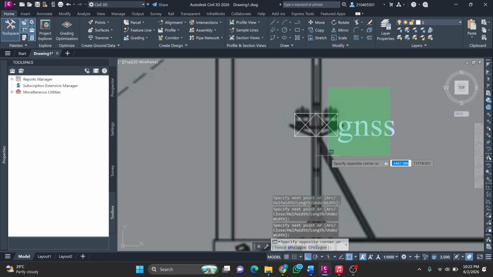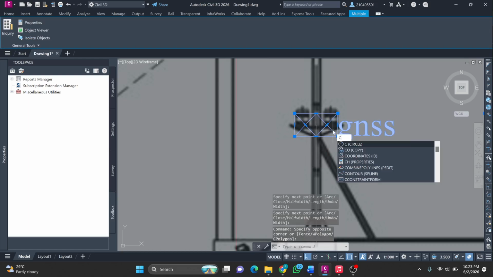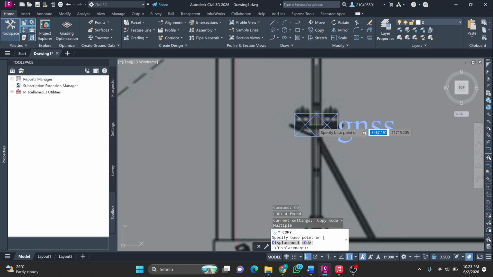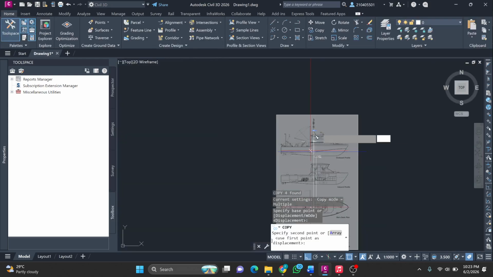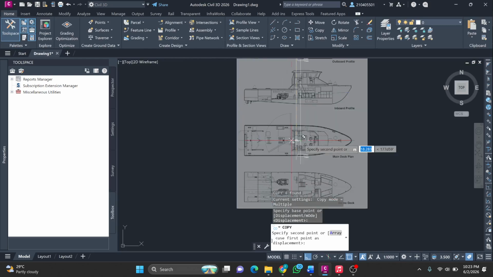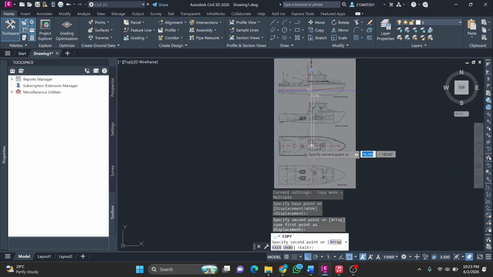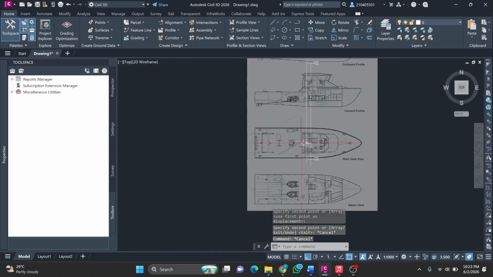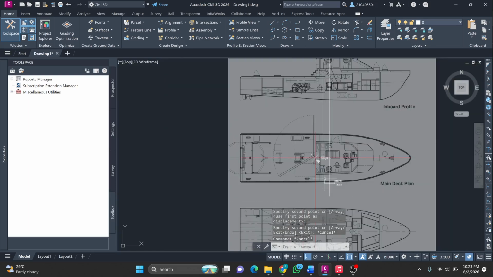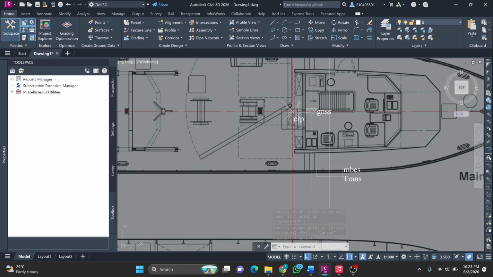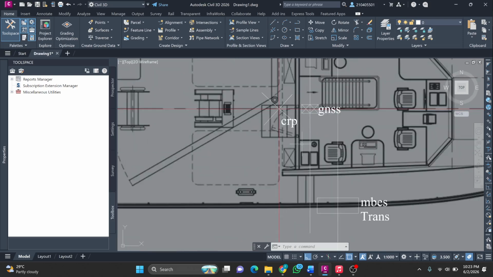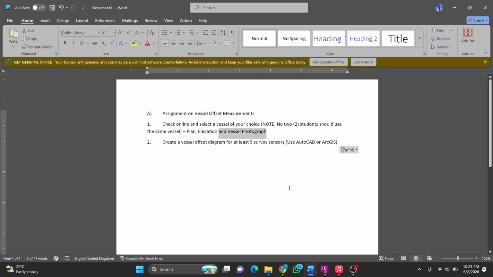So CO again. So let's say it's exactly at the middle on the plan view, right? Yeah, this will work. So what you want to do next is maybe in your Word document